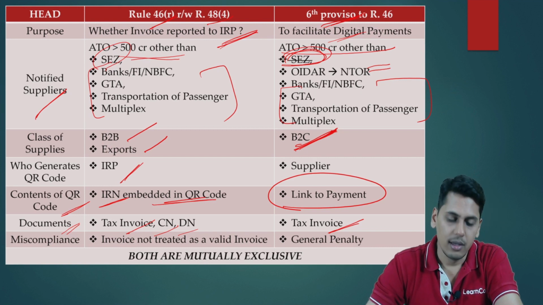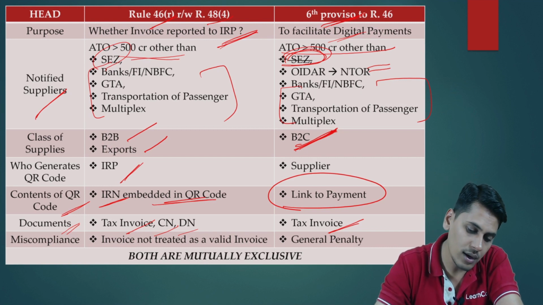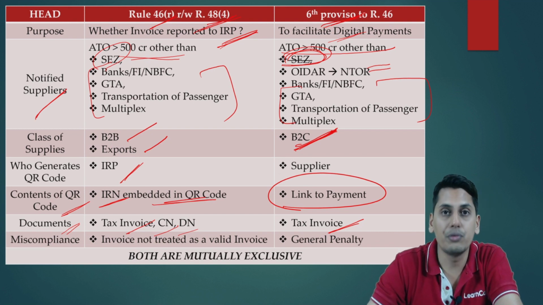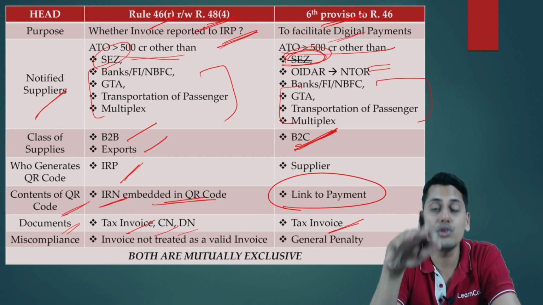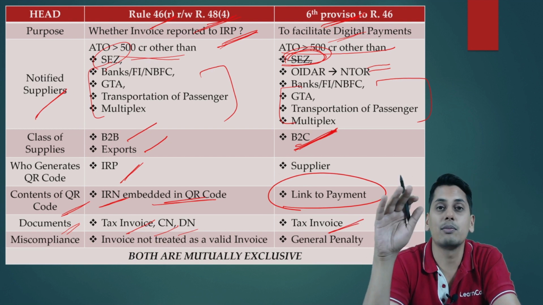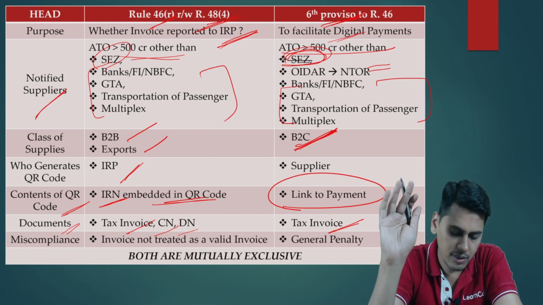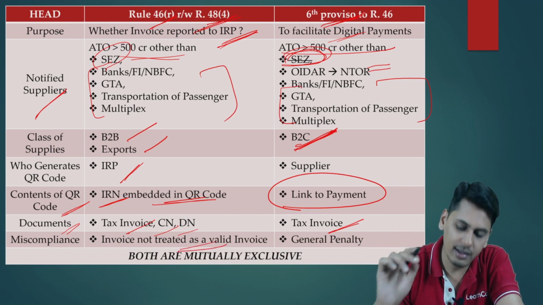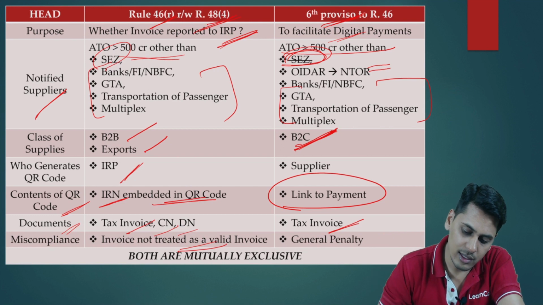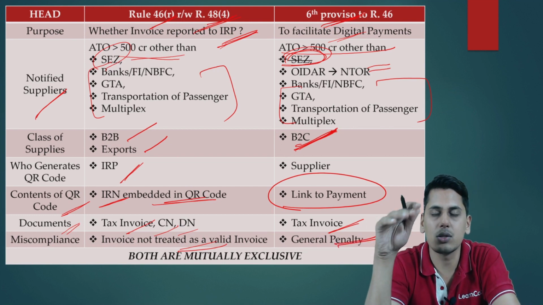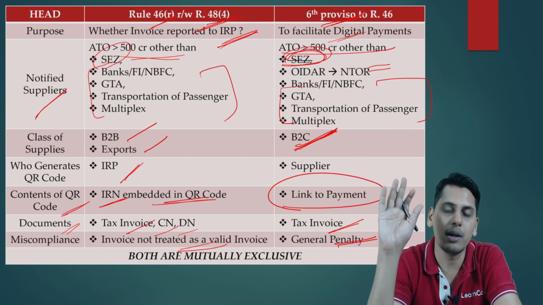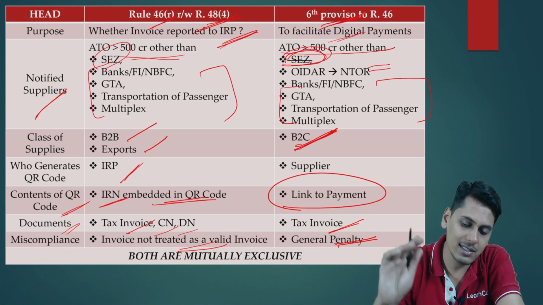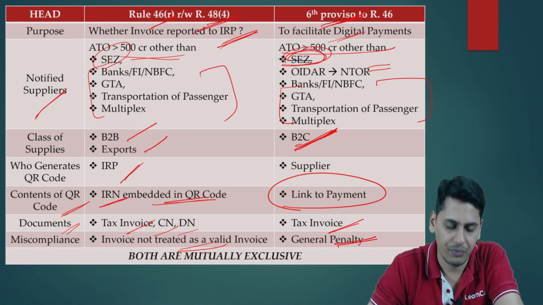Miscompliance. In case if invoice is supposed to be issued in accordance with 48 sub rule 4 and if it is not so done, then the invoice shall not be treated as a valid invoice. Here there is no specific penalty which is available. So the general penalty is going to be applicable for miscompliance of sixth proviso to rule number 46. Now friends,